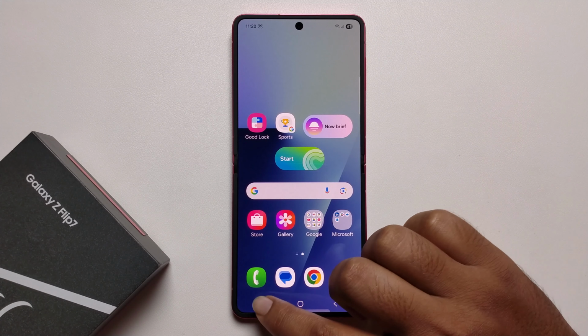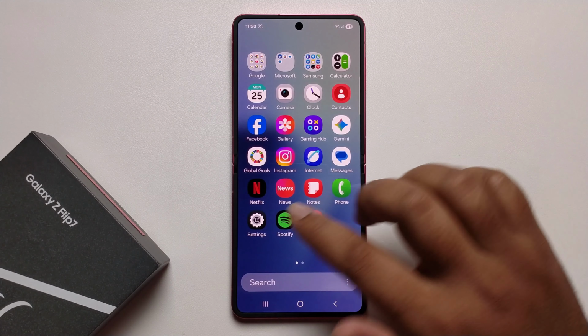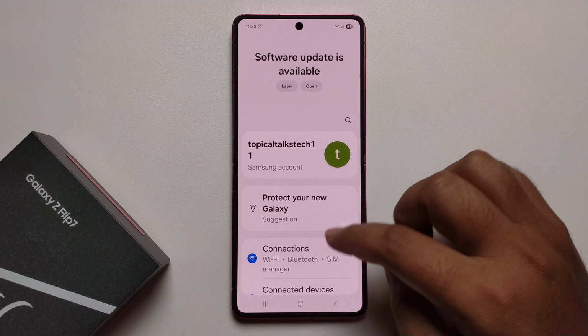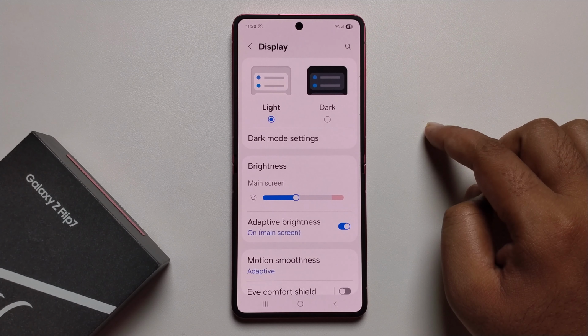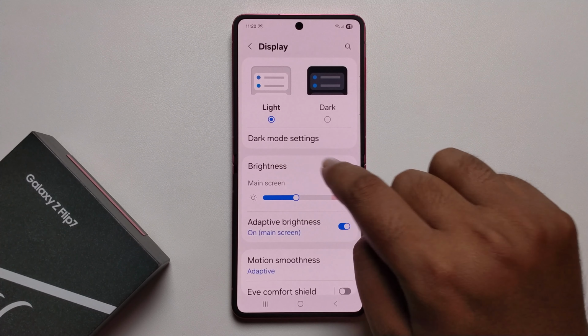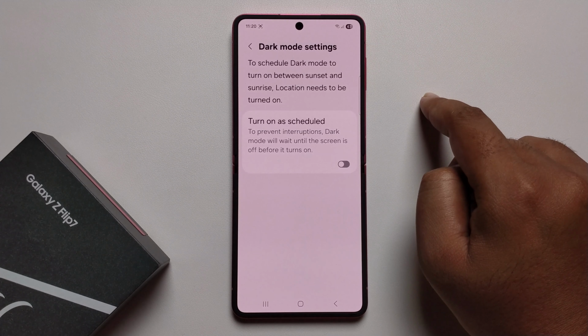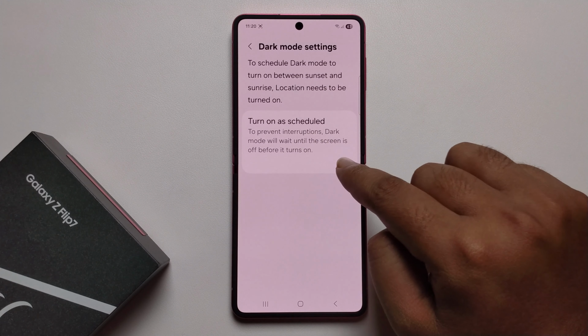Or if you want to set auto dark mode, open settings, scroll down, click on display. Then you get light and dark mode, and press on dark mode settings and select turn on as scheduled,